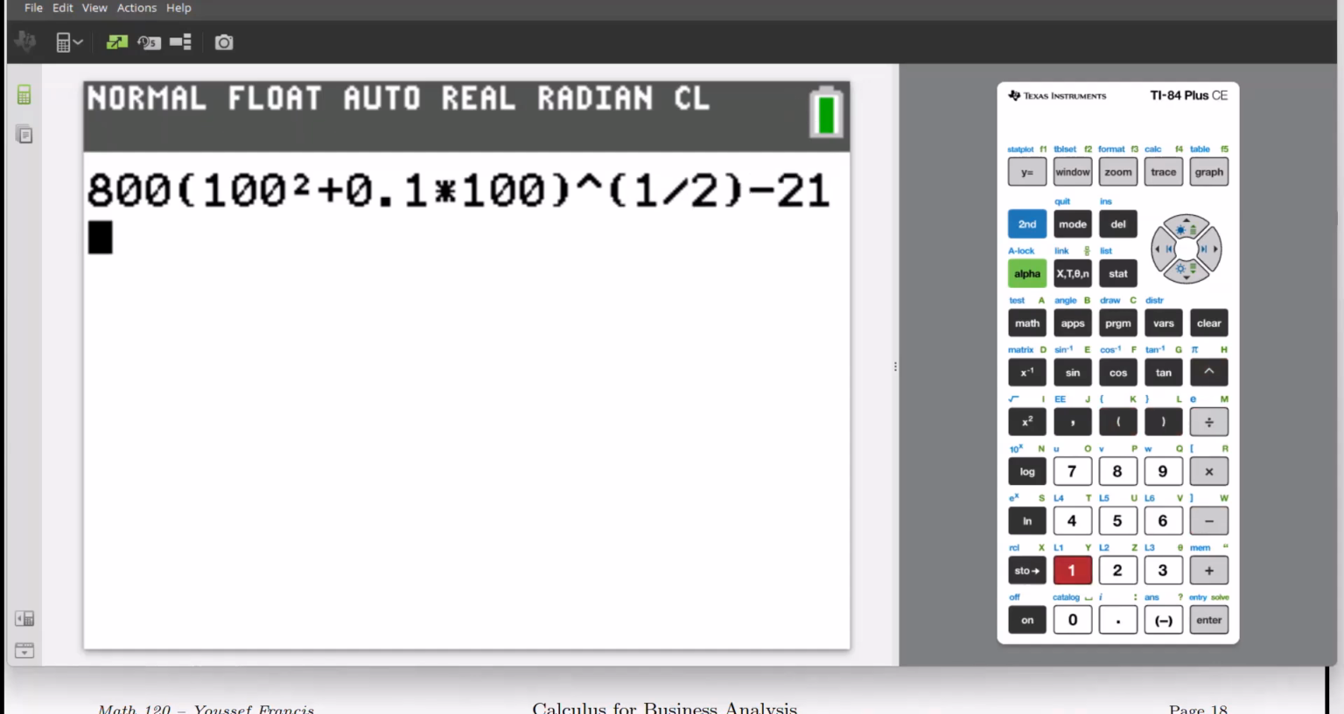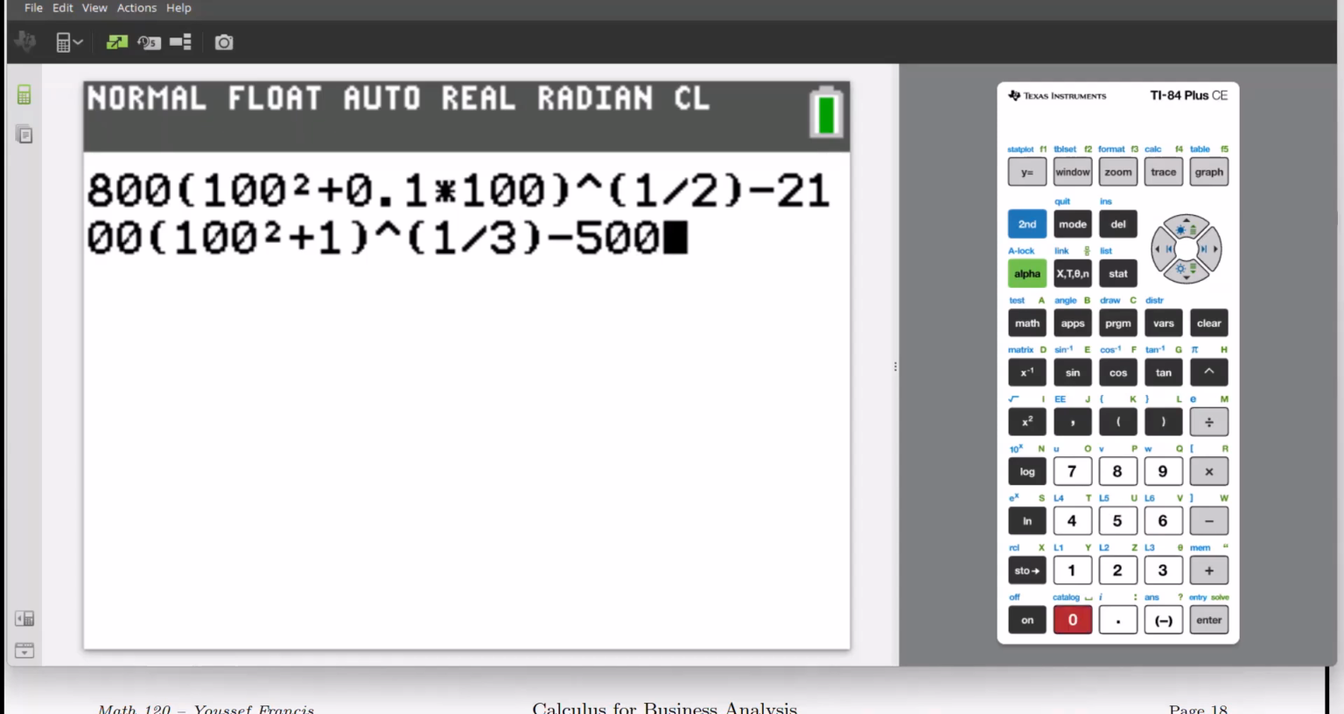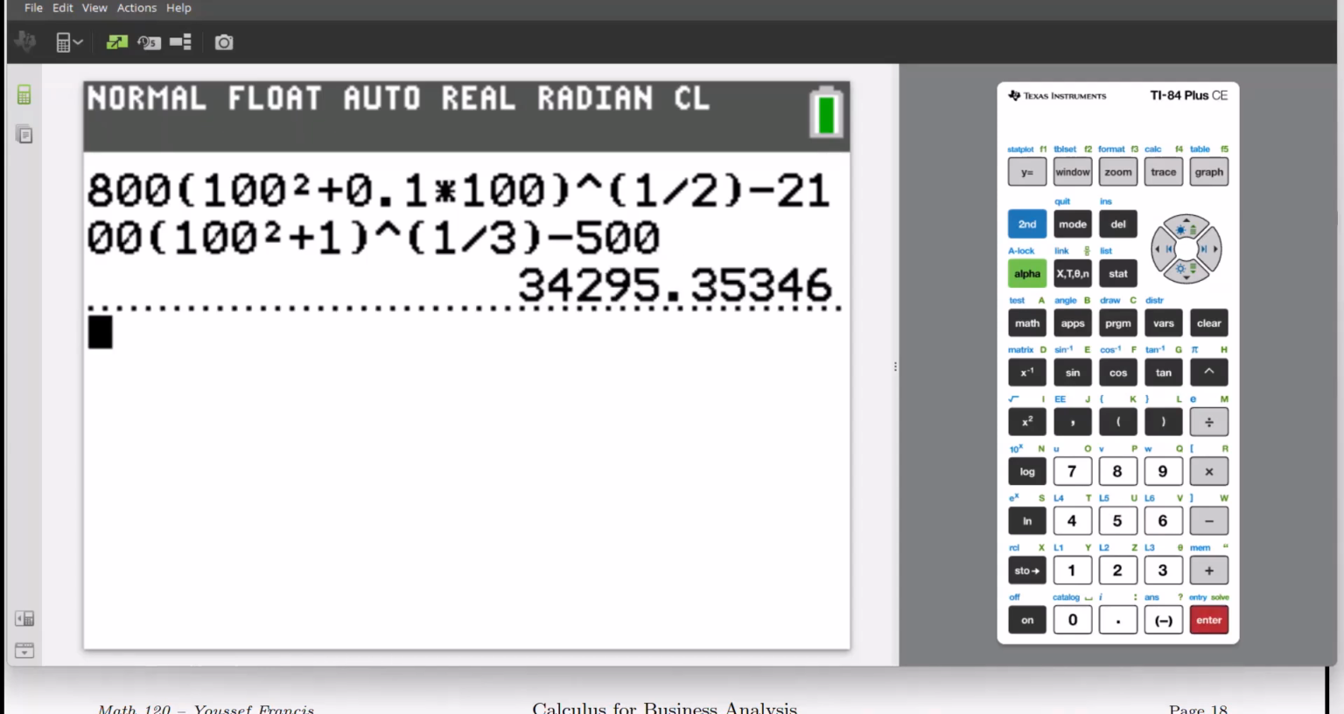Then minus the 2100 multiplied by, again, 100 squared plus 1. And again, it's the same story here with the power. We need to put the power inside parentheses. So 1/3 gets the parentheses minus 500. So the final answer is 34,295 point something